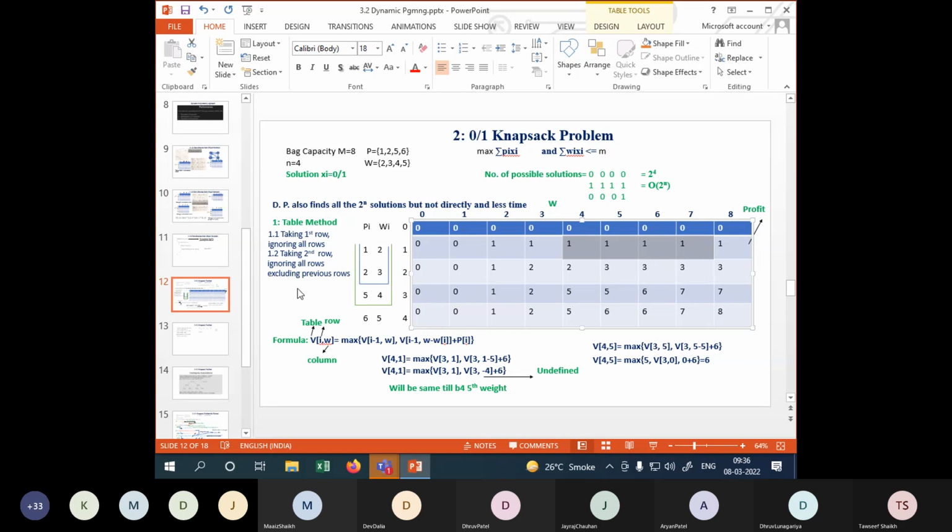अब हम जाएंगे नेक्स्ट एलिमेंट पे, एलिमेंट नंबर 2 which is its profit, and 3 which is its weight, this thing here। तो अब इस केस में मैं फिर से देखूंगा, 0 है तो 0 आएगा, जब 1 है, क्योंकि इन 1 kg मेरे पास बैग है, क्योंकि इन दोनों आइटम का जो वेट है, इंडिविजुअल वेट 1 से ज्यादा है, तो ऐड नहीं कर सकते हैं, 0 है। इसमें हम जब 2 आ गया, इस वाले आइटम को मैं नहीं ऐड कर सकता हूँ, क्योंकि इसका वेट जो है वो 3 है ना,